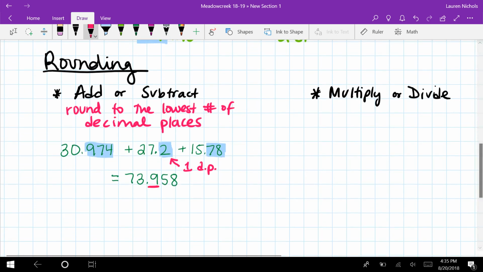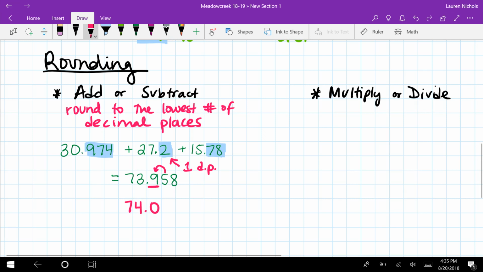So that's that first 9. What we do is we look to the 5 behind it. Does that make this 9 round up or stay the same? We know that the rule is if it's 5 or higher, we round up. 4 or lower, it stays the same. So this number will round up to